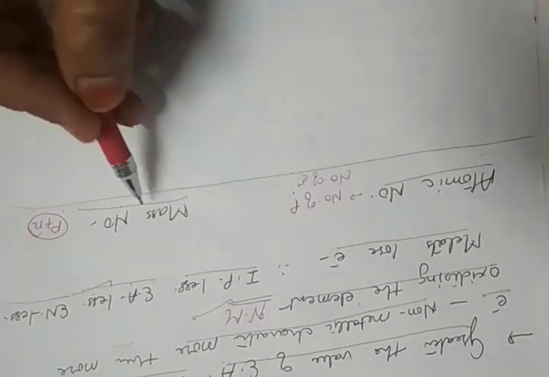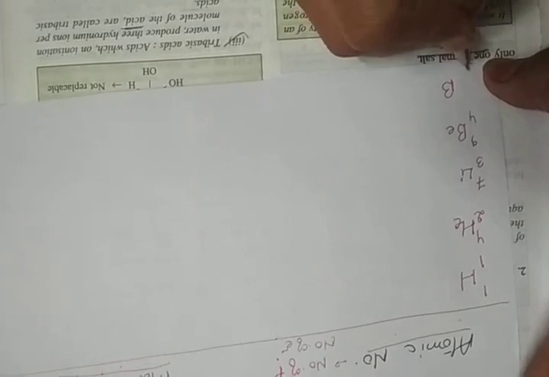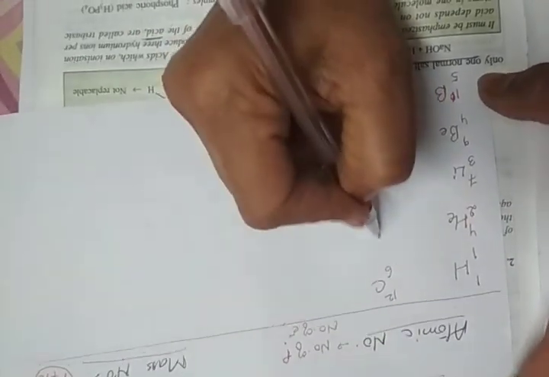Now how can we have the relationship between the atomic number and mass number for the first 20 elements? Let me write those elements. The first element is hydrogen, atomic number 1, mass number 1. Second is helium, atomic number 2, mass number 4. Third is lithium, 3, 7. Then fourth is beryllium, 4, 9. Fifth is boron, 5, 10. Then 5, 11. Then carbon, 6, 12.